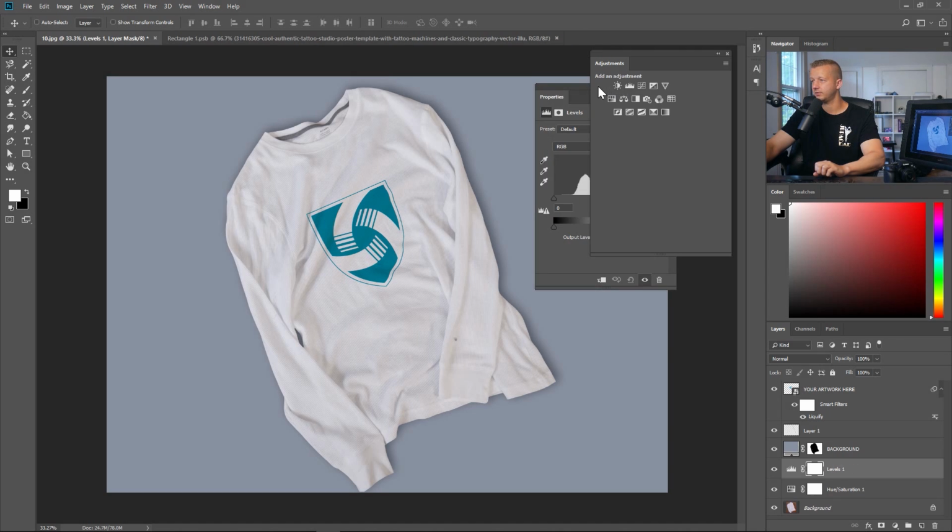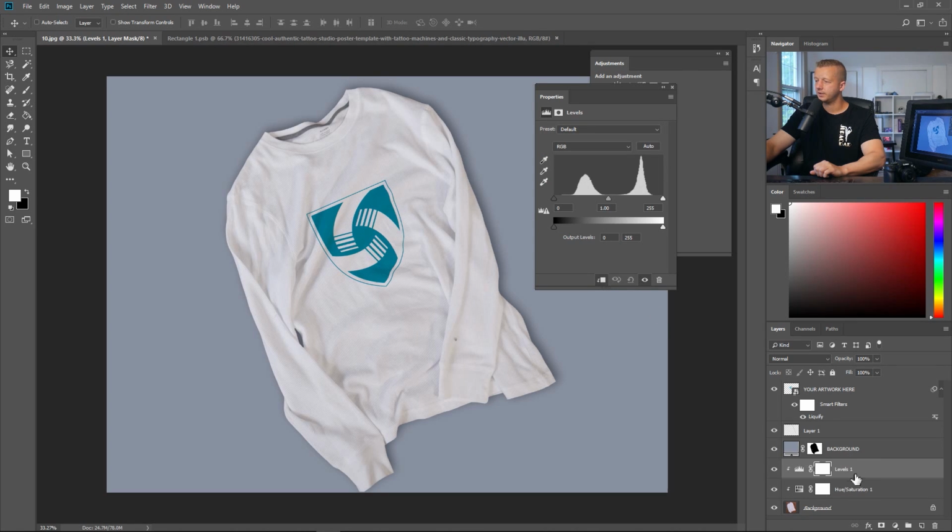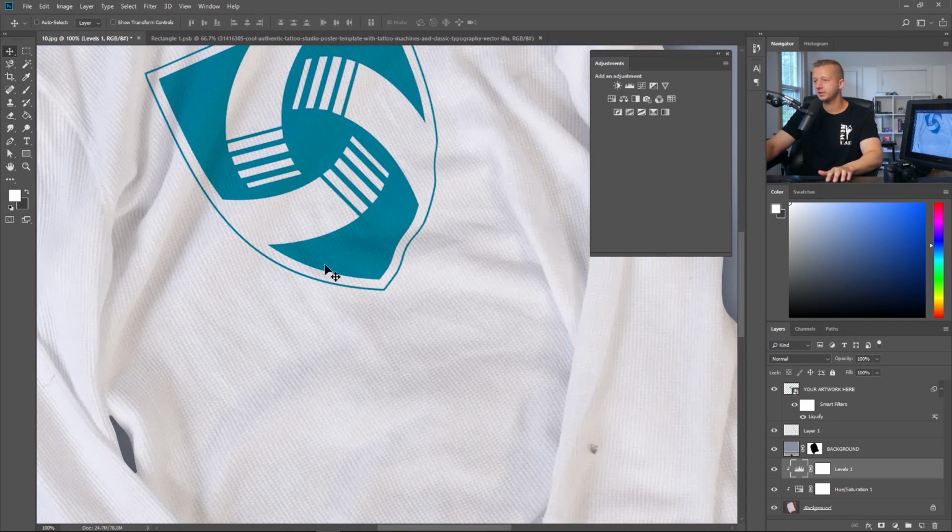So for instance, we can take the levels. And by the way, when you add these adjustment layers, you want to make sure that you're only affecting this layer down here. So you're essentially creating a clipping mask out of this by clicking this icon right here. So we'll choose this as well. Otherwise, these adjustment layers will affect all the layers, and you may not want that. We only want it to affect this t-shirt layer. So now we can play around with some of these level adjustments. You can see how it will only affect that. That's way too much. But if you want to see a little bit more contrast in the actual shirt, you can drag these sliders around to your heart's desire. All right, I think I like that. All right, so now I'm actually pretty satisfied with it. This is 100% view, so